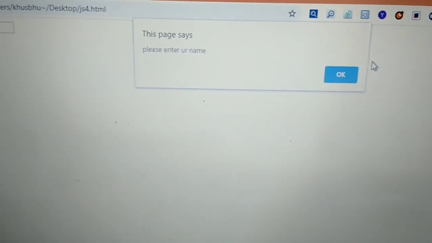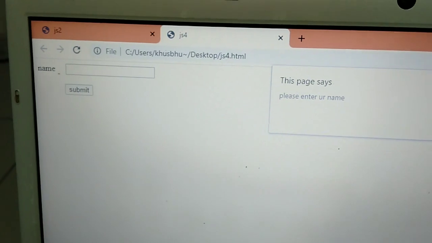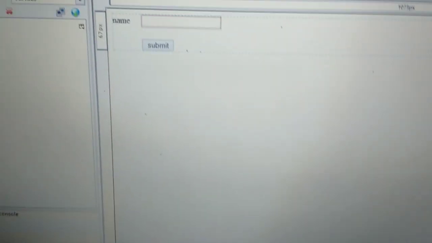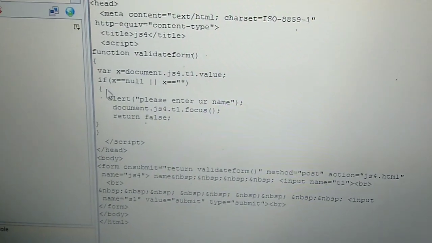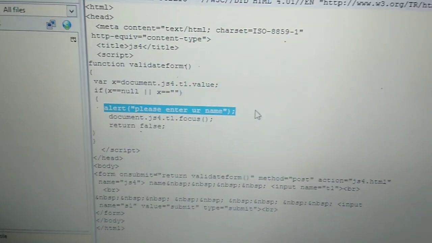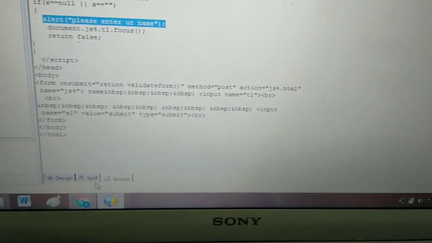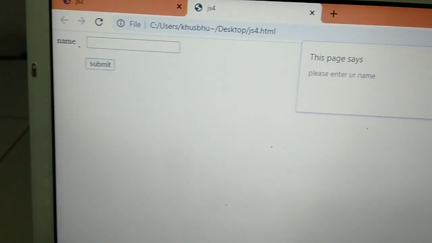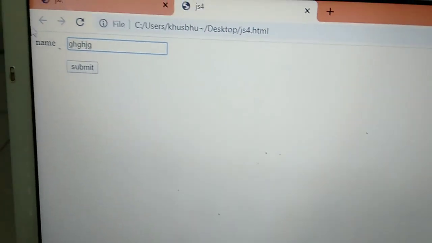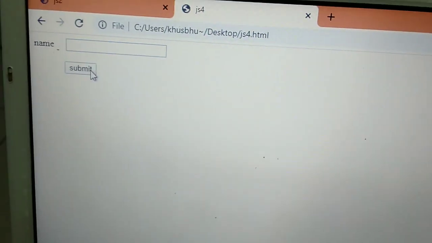Please enter your name is an alert function which we have already written over here. Can you see it? Alert. Please enter your name. So it is a validation. Now click OK button. Apply your name, whatever name you want to write, and submit.